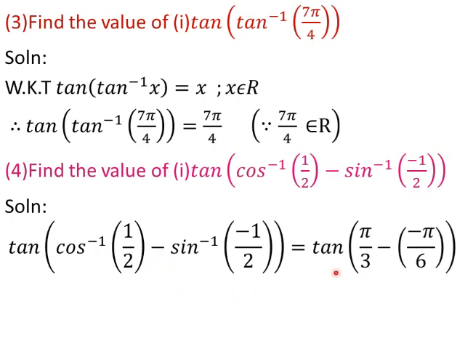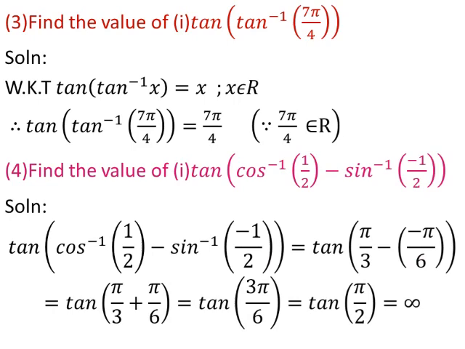Then we have a minus sign, write the same minus here. Then sin inverse of minus x is equal to minus sin inverse x. So that minus only I have written here. Then sin inverse of 1 by 2 will be there. Sin inverse of 1 by 2 means the angle is 30 degree. So minus pi by 6 we will get here. It is equal to tan of pi by 3, then minus into minus becomes plus, so plus pi by 6. It is equal to, you can take the LCM. When we take the LCM, it will be 2 pi plus pi, that is 3 pi by 6. You can cancel by 3. So tan pi by 2 you will get. Tan 90 is equal to infinity.